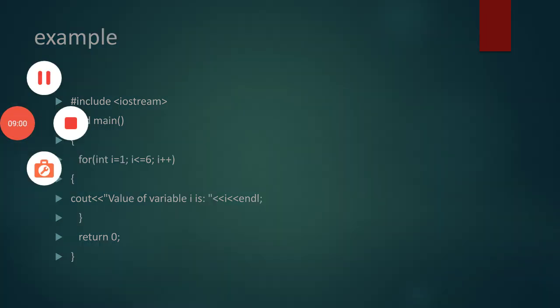Now the next looping statement is the while loop. Now what is a while loop? A while loop is again a conditional loop, as we have applied a condition in a for loop. Similarly, we also have to apply a condition in a while loop, but the syntax of the while loop is different. So let's see how the while loop works.